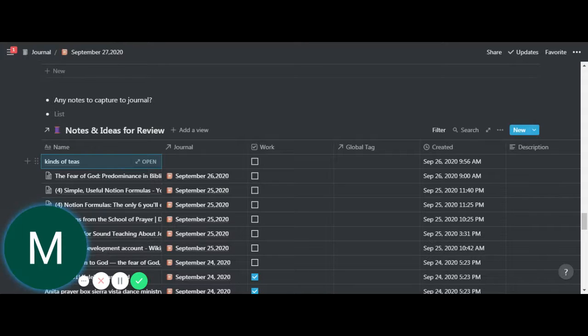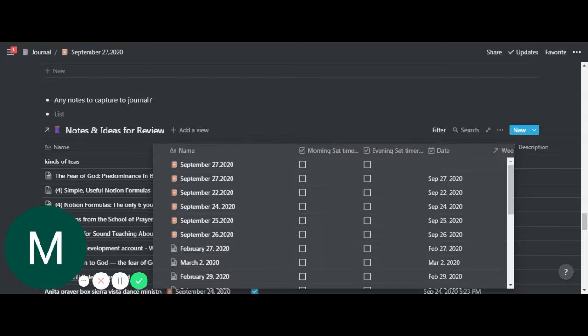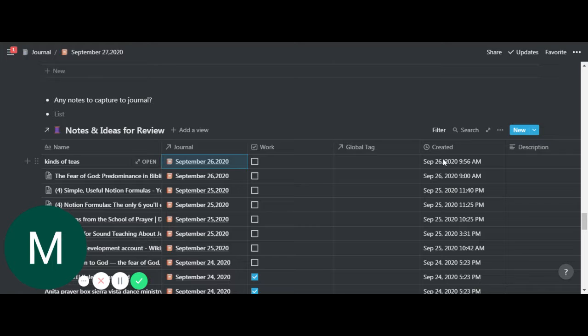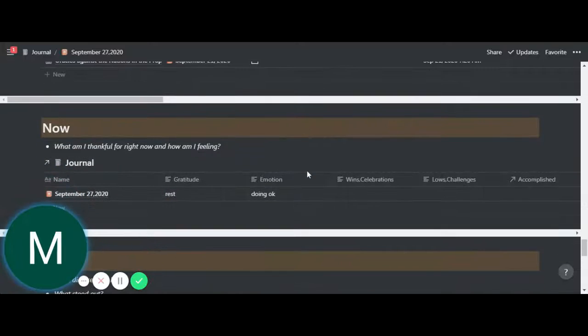And I want to connect that with yesterday's journal. So I'll just come in here to the linked database. And there is yesterday's journal because it was created yesterday. So that really helps with reviews and so forth.